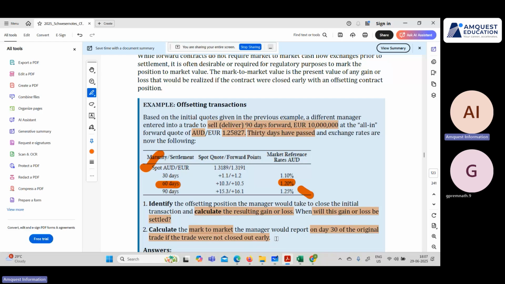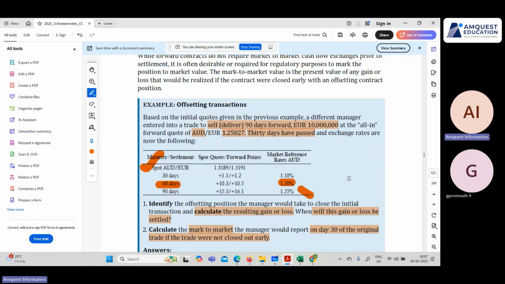Today, as in the spot, which is at day 30. So all you need to do is discount it back at 1.2%, adjusted for 60 days. Does it make sense? Makes sense. So we learned a lot of things in this question, where we first understood how I am